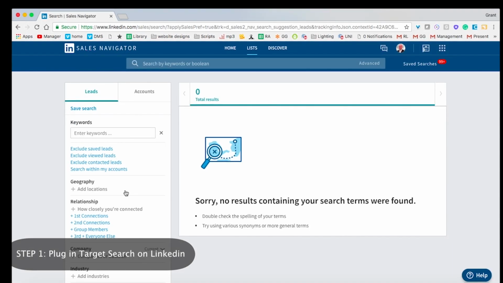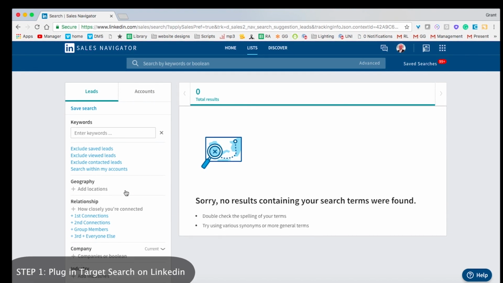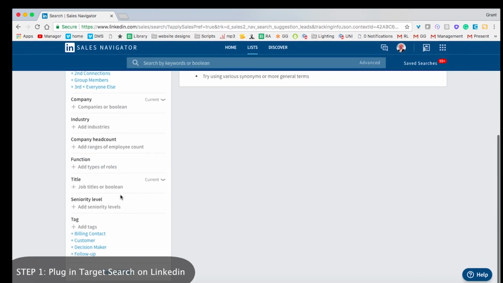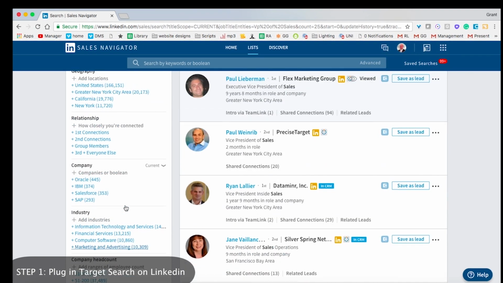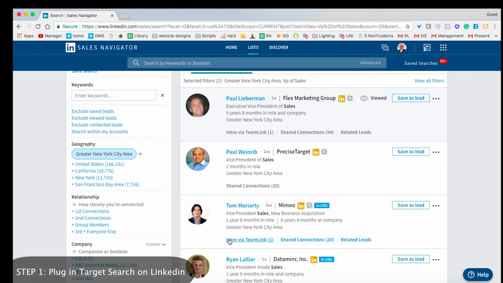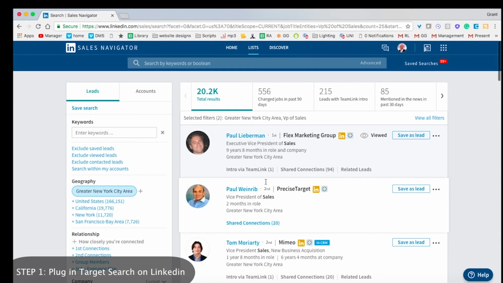Step 1, we use LinkedIn to create a targeted search. Let's say we want to find all the VPs of sales in the greater New York City area. I plug in that information and I select search, and boom, I can see that we pulled back about 20,000 contacts. Now I want to add these contacts to my Salesforce with a complete set of firmographic and contact data